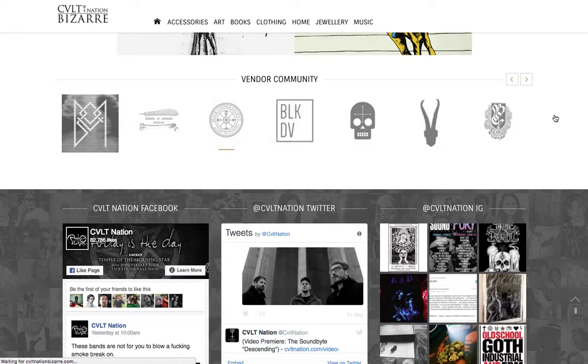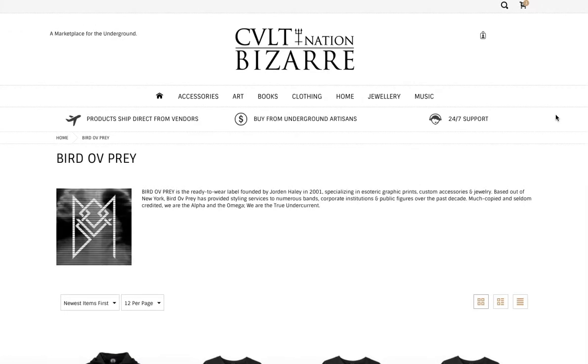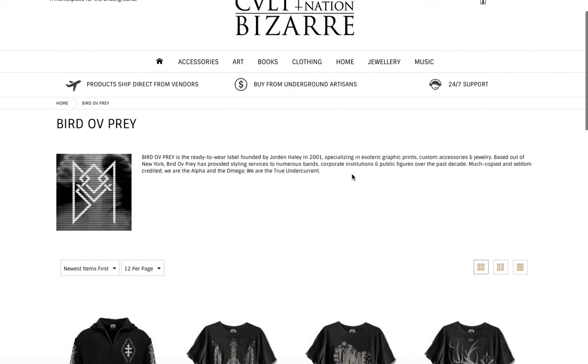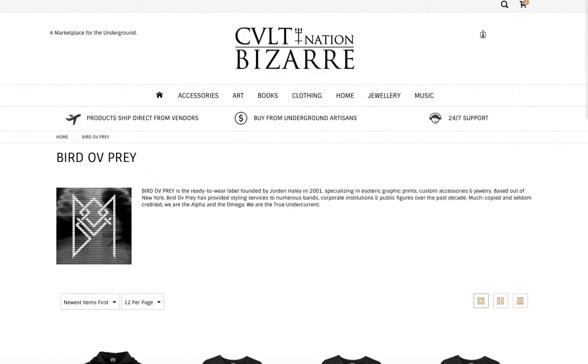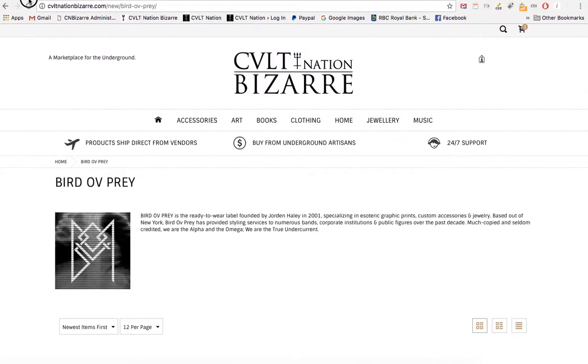So it's not just going to be this little scrolly box thing, but we need to have that custom developed. So that's not necessarily going to be there at launch. So when you go to your brand page, the URL, if I pull it down, you can see, just ignore this new part. That's only because of the separate area of the server. It's going to have your SEO. So cultnationbazaar.com, bird of prey,